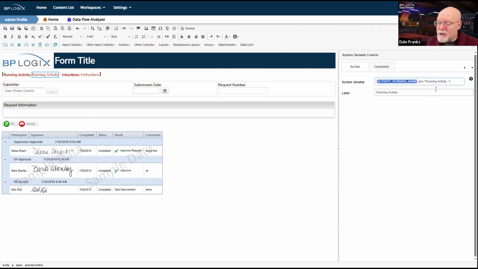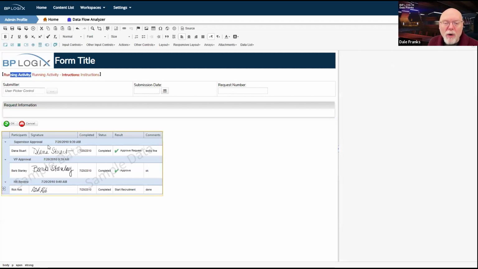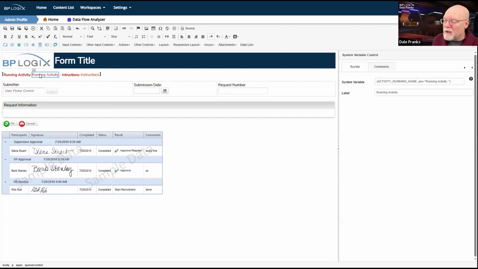Neither the system variable, since it won't have a value if I'm not running an activity, and since it doesn't have a value, none of my pretext will show up either. So this will just be blank on the form. So technically, I don't need to go this formal with it. I can actually do what I need to do inside the task instructions.